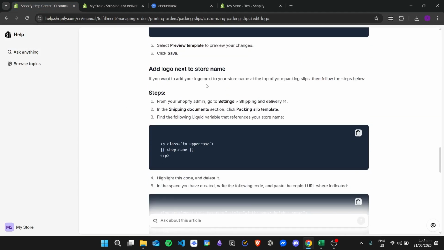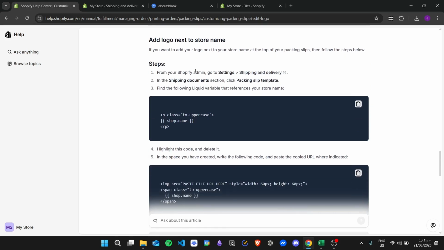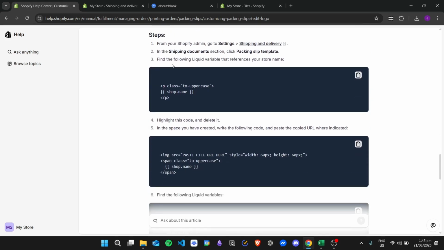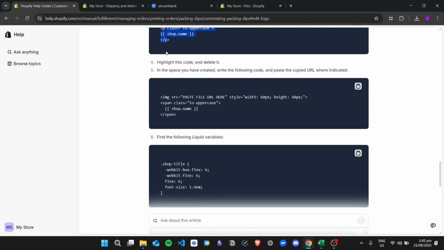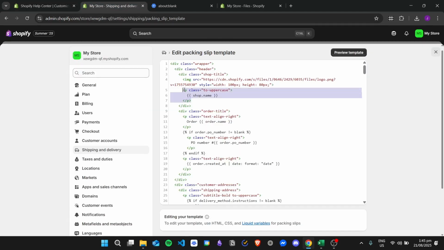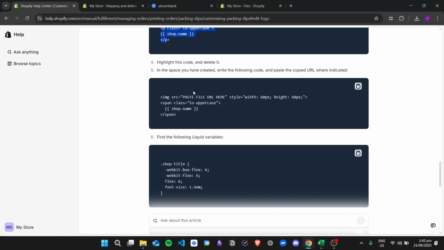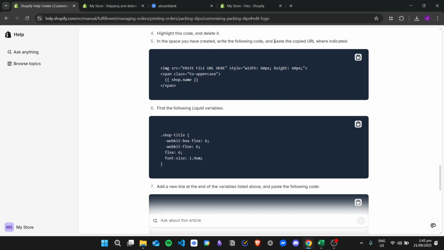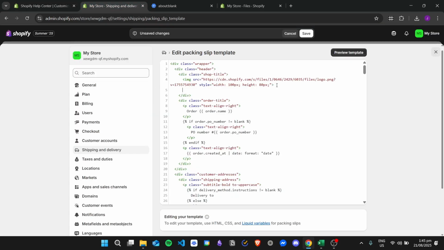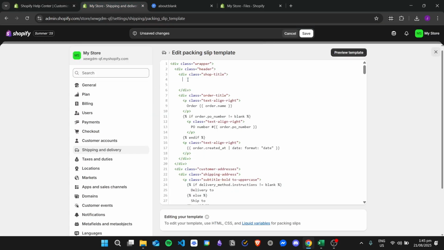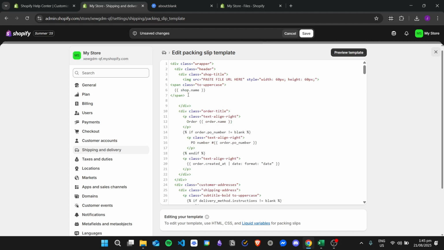But if you want to add the logo next to the store name, we will follow this one. So find this, and then we will delete that code again, and then write the following code, paste the copied URL where indicated. So we just need to copy this, delete this one as well, paste the code right here,